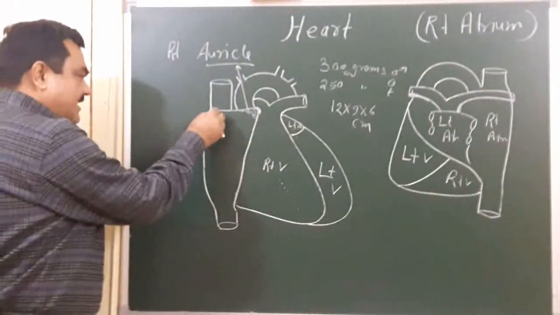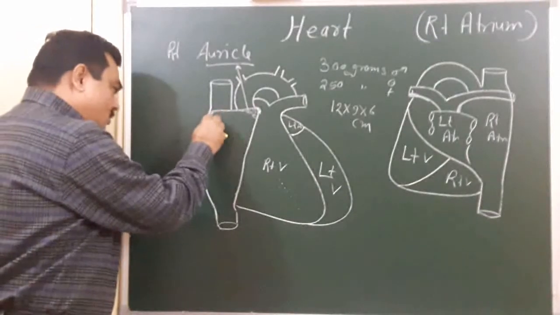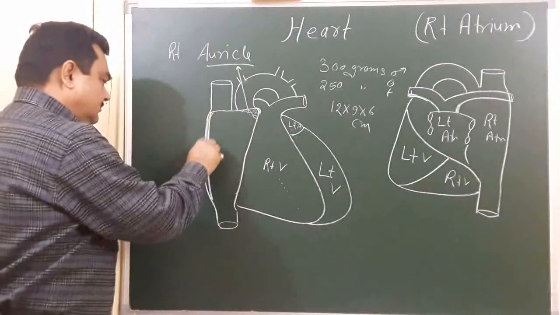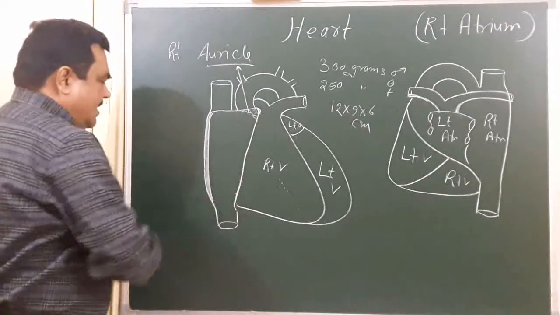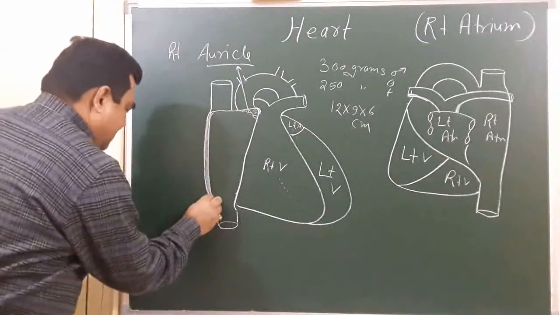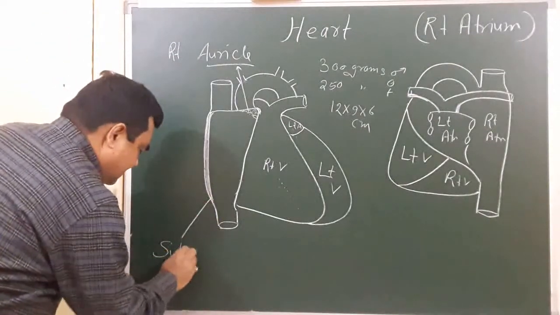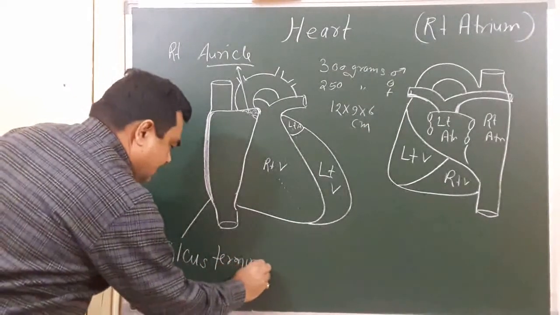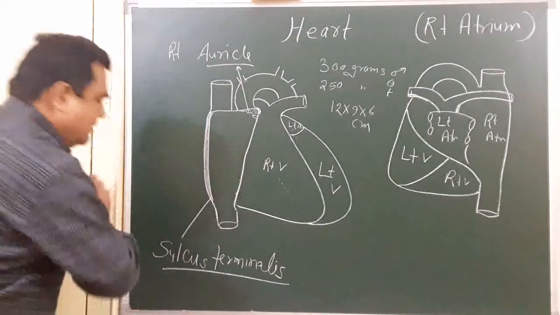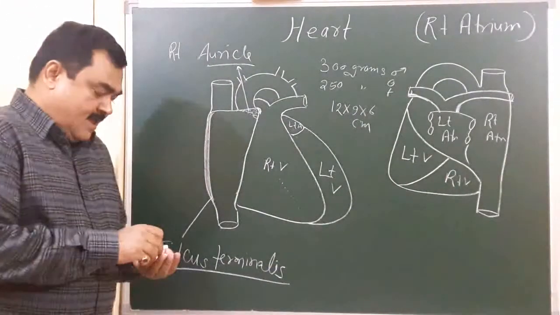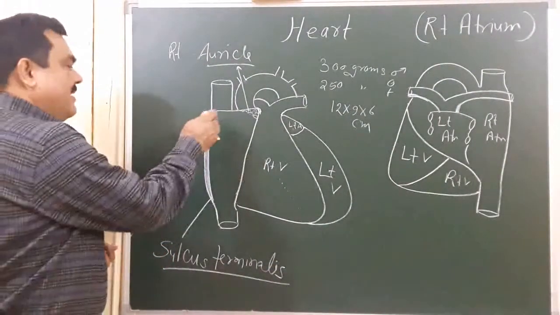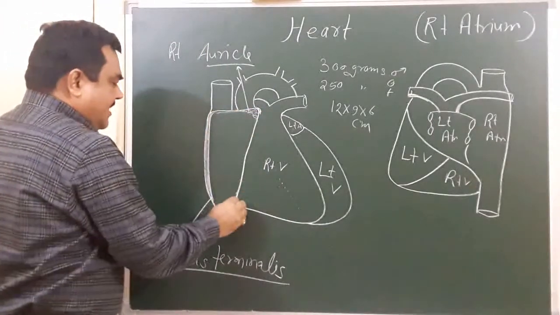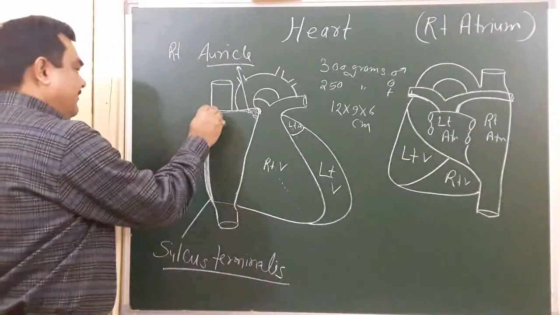And on the right side, vertically, there is a groove. This is known as the sulcus terminalis. If you open this chamber by cutting the margin like this and open it,